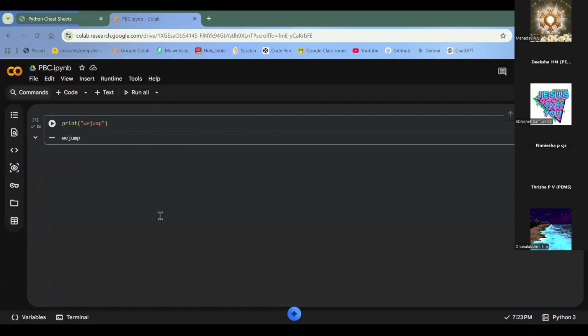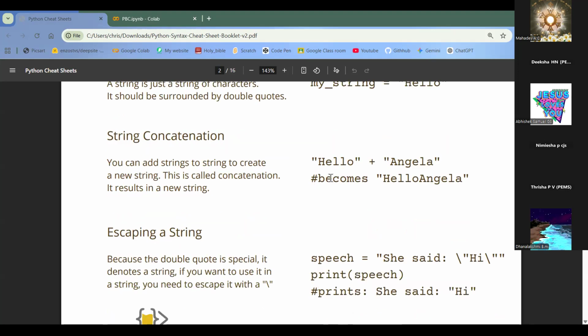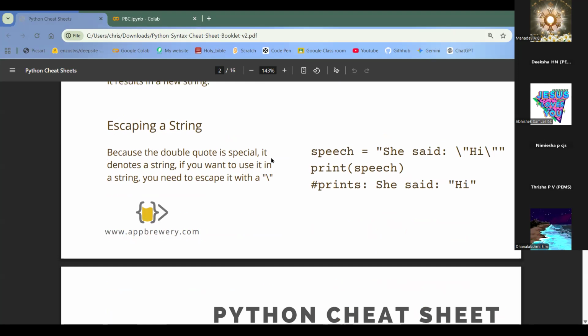And next, moving forward, is string concatenation, which is a major good thing in Python, which is adding strings together, making two different words into one word, which is also a part of data types in Python. It is majorly used in, I guess you have made so many projects about it, like the word project or word puzzle project, where string concatenation is mainly used. Thereafter, escaping string is that